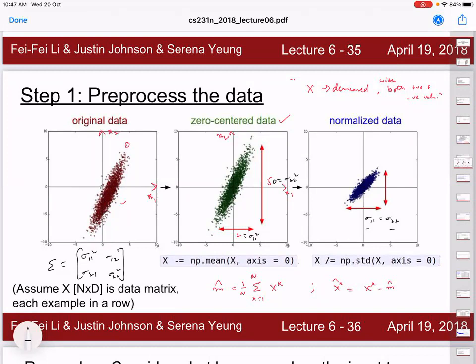In this case, what happens? The spread along the x and y directions is the same. This is one way of normalizing the data. That means in every direction we divide by the corresponding standard deviation or variance. Along with the mean vector, we can also calculate a variance vector, the variance across each direction. If you consider the variance vector, it's nothing but x minus mu whole square, right? So element-wise we calculate that.